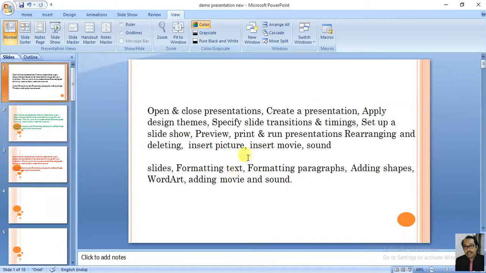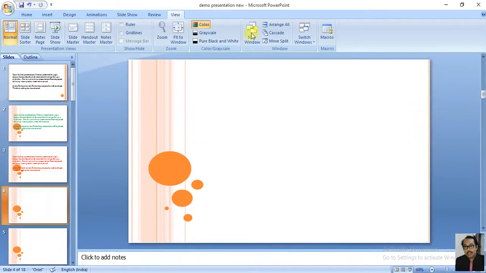Okay, next one is how can you insert a movie and a sound. That is very important for you, because some slides require incorporations of videos and sounds. Like you are teaching in the class, you need to display a picture of a volcanic eruption. That requires a movie clip as well as a sound. So click on this and